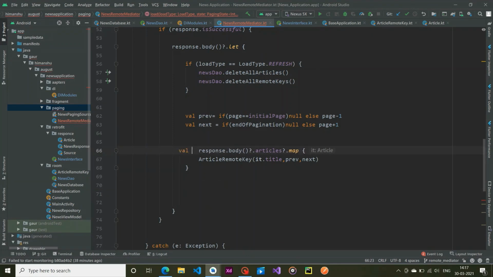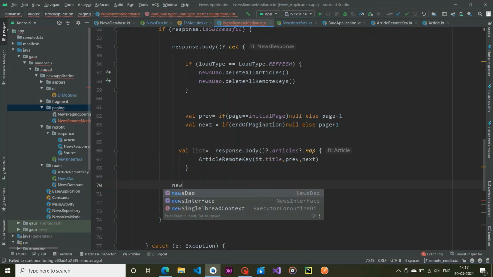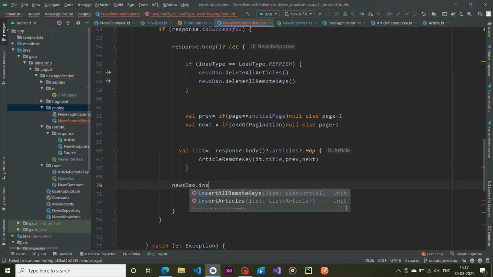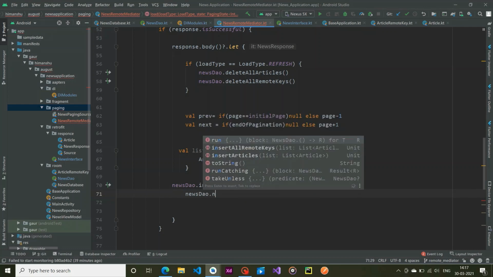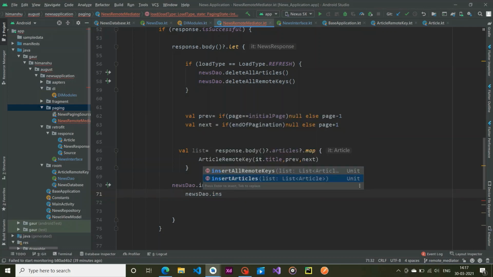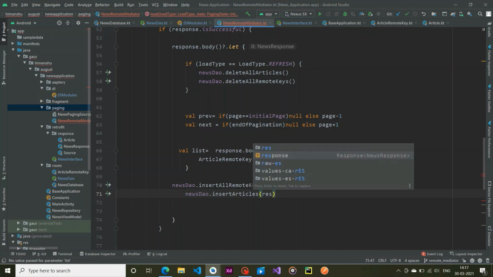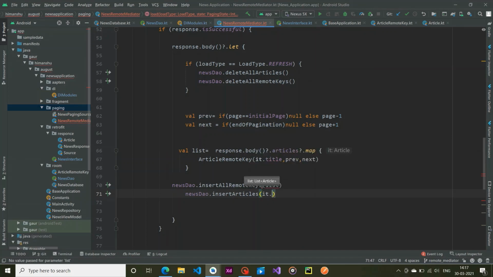So the list. All right, so now using our news DAO, insert all remote keys, pass list in it, and news DAO dot insert all articles, actually we use it dot articles, and that's it.